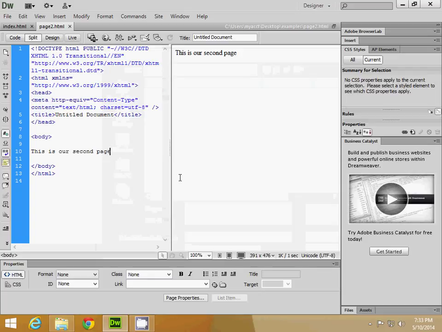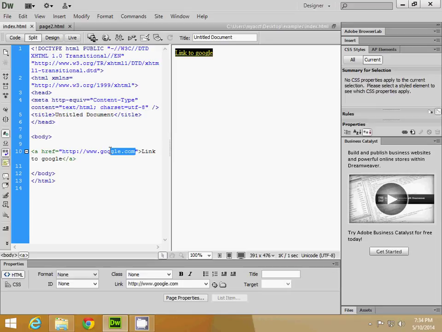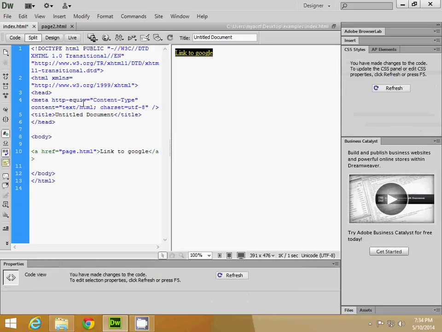We'll just call it page 2. Doesn't really have any meaning just yet. Normally you'd want to save your page with a meaning. So say you had a news article, say a biography, you name it biography.html, or you might get more advanced as you get more pages on your website. We won't talk about naming too much right now. Maybe I'll do a video on that and give some hints for naming, but right now